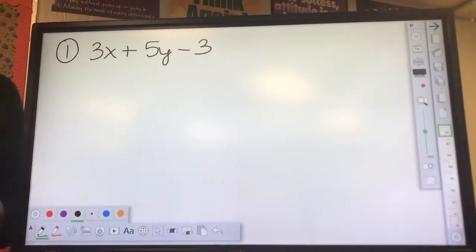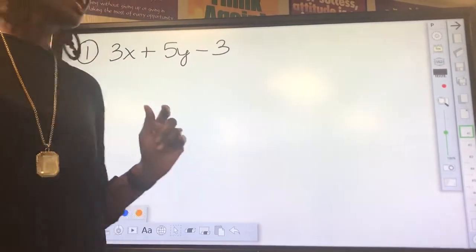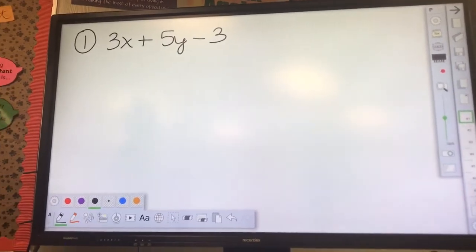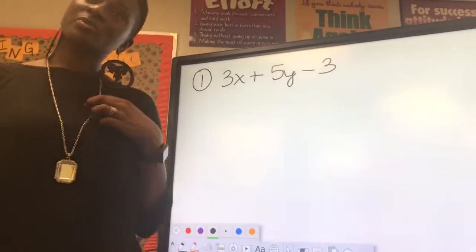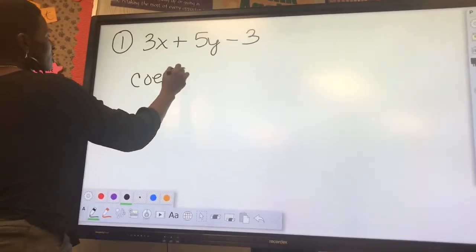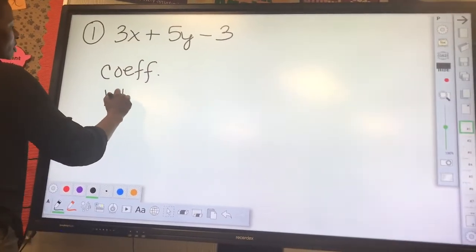Okay, so we're in the textbook on page 78, and we're starting with number 1. So the directions for number 1 ask us to do what? Name the coefficient, the like terms, and constants. All right, so we're naming the coefficients, the like terms,